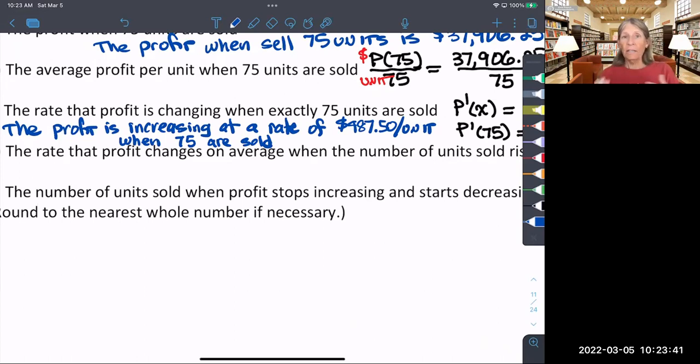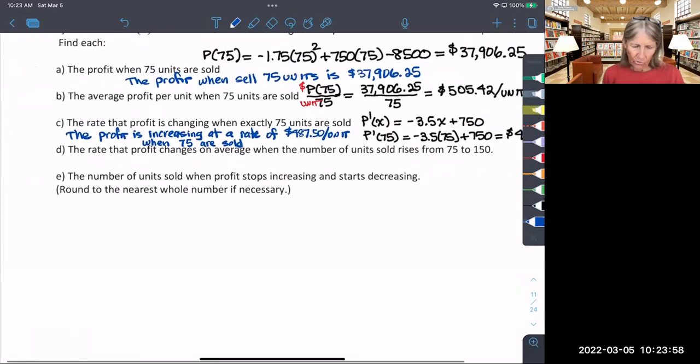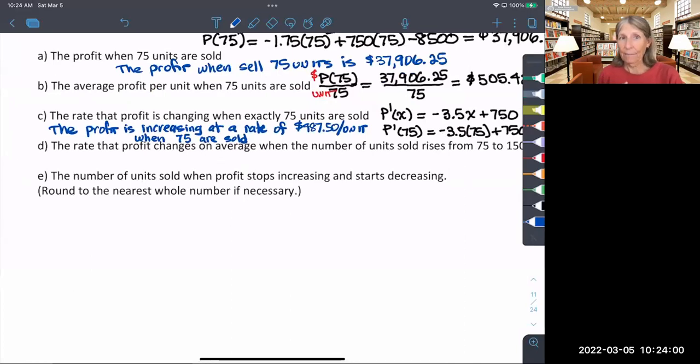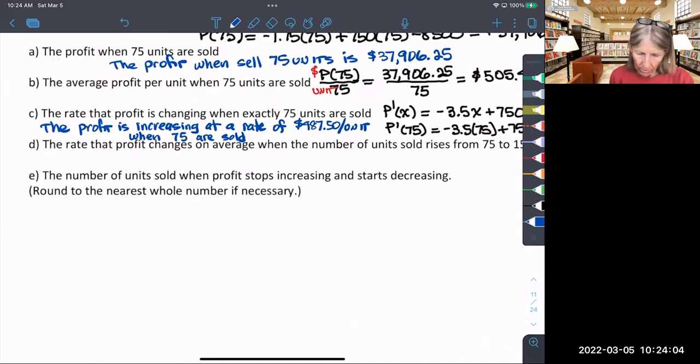Okay, so that's the good news because that means your profit is going up. So when you're selling 75 units, your profit is still increasing, and it's increasing pretty fast, almost $500 every unit. Your profit's going up. So that's good news, right? That's good. Okay, so that's our derivative at 75. And again, you see how I could tell to do the derivative is that word rate. Now, part D uses the word rate also,